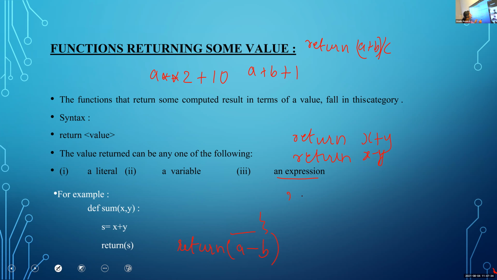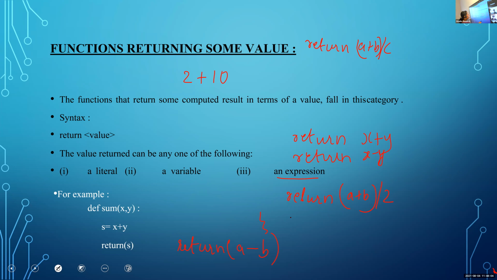Here I am using return a plus b by 2. Here the meaning is that first you calculate a plus b. After that, divide that result by 2 and return the result. Okay, that is the meaning. So there is no need of using brackets with the return statement. If you want to give some preference to some operation, you give the brackets, just like this.